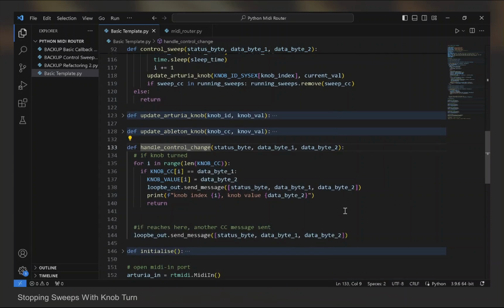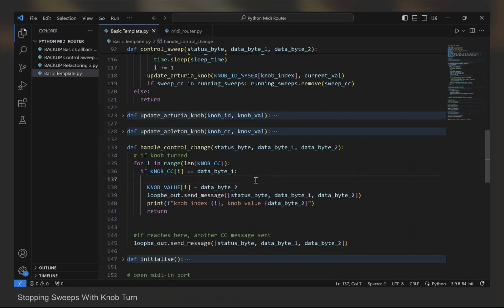So at the moment, we're going through this for loop here to see if we can find the knob. If we find that the knob CC corresponds with data byte 1, we know that this is a knob change, and therefore we're updating the value here. Now what we also want to do is check whether it's in our running sweeps variable. So I'll do that at the top here. So I'll say if data byte 1 is in running sweeps,